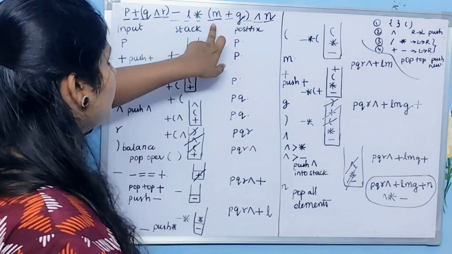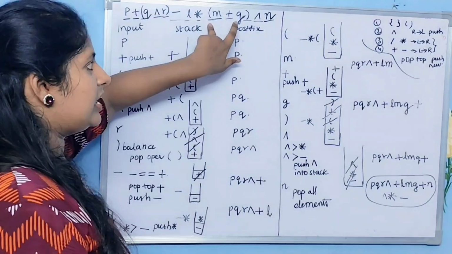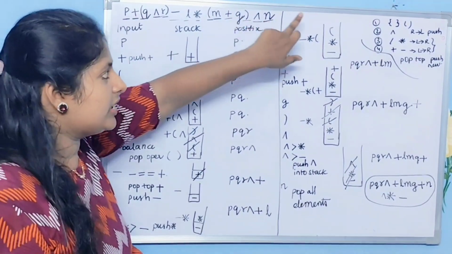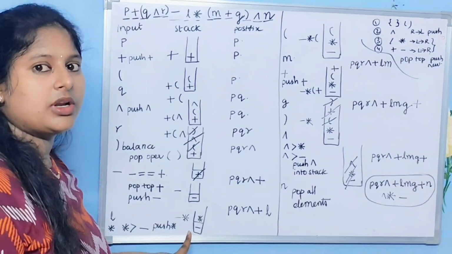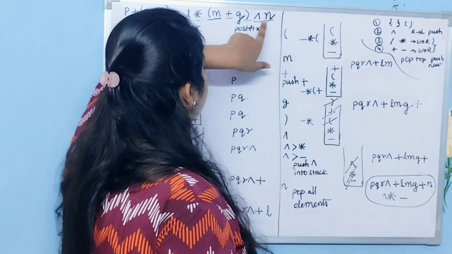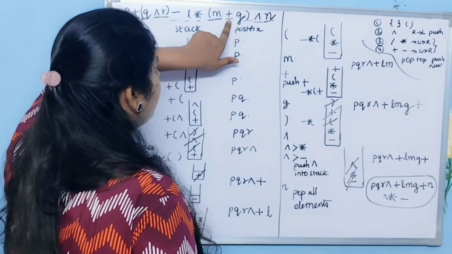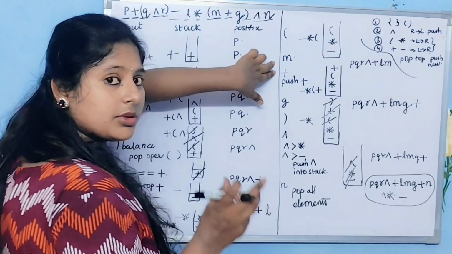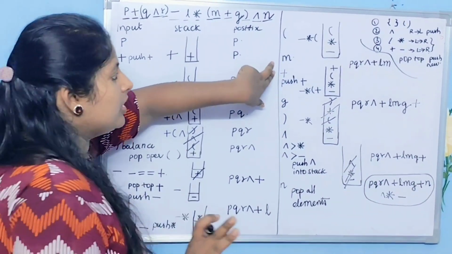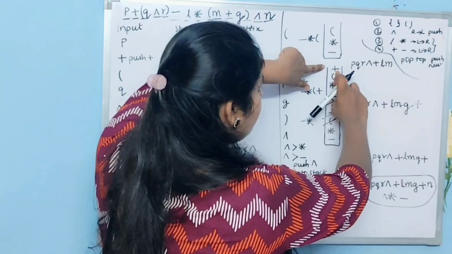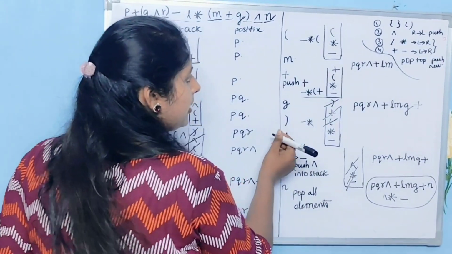After this, you got again one more opening brace. Okay, that's left parenthesis. If you get the left parenthesis, what did I tell you to do? You can directly add it on to the top. Okay, directly you can add it into stack. So after opening brace, you got M. M should be added into postfix expression. Again plus. In case if my stack is containing left parenthesis, I can directly add operators. I need not check anything. Okay, so I've added plus also over here. Okay, the elements present in the stack are these. Okay, next